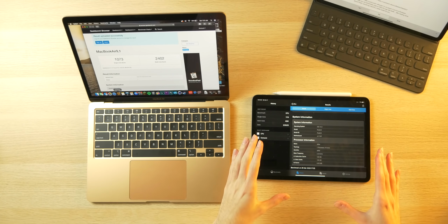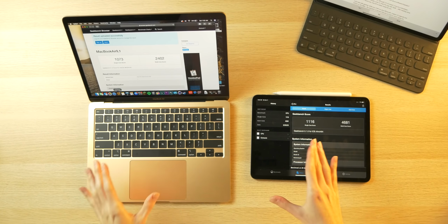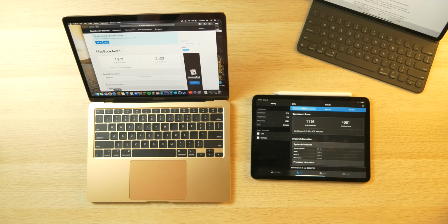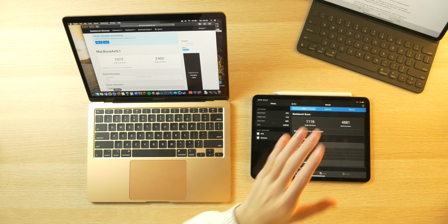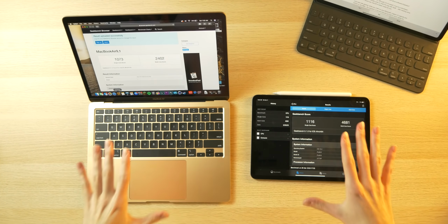within the A12Z. And to finally address these benchmark scores or numbers here, in regard to single core performance, both of these devices are very similar. The MacBook Air scores 1073, the iPad Pro 1116, so everyday tasks should be similar in performance and smoothness regardless